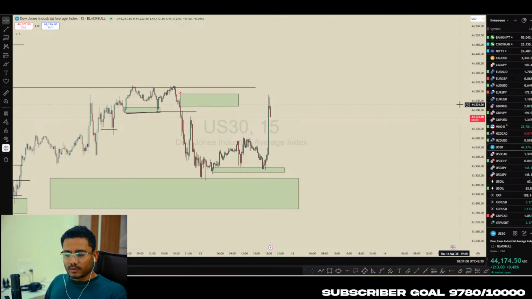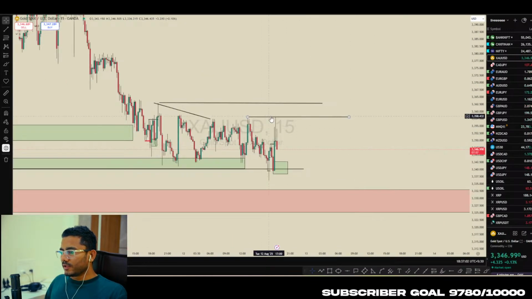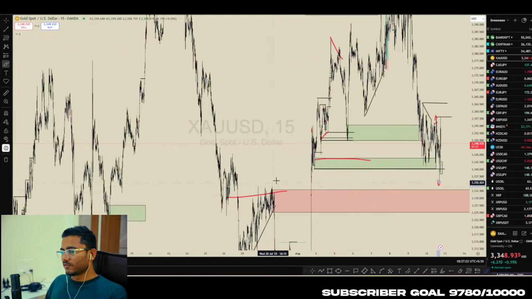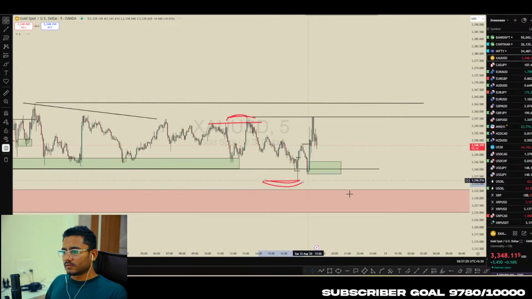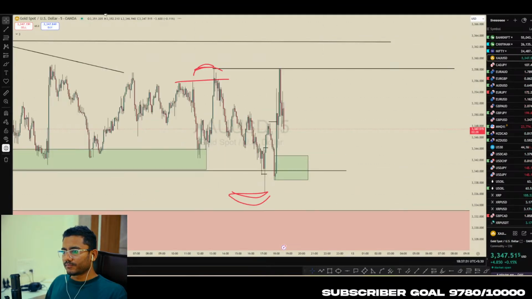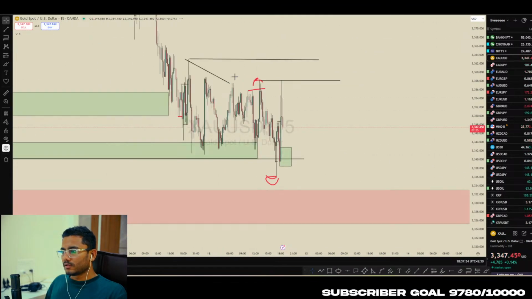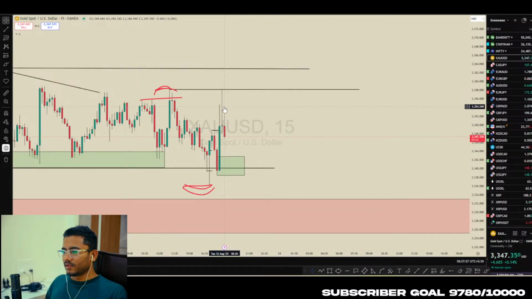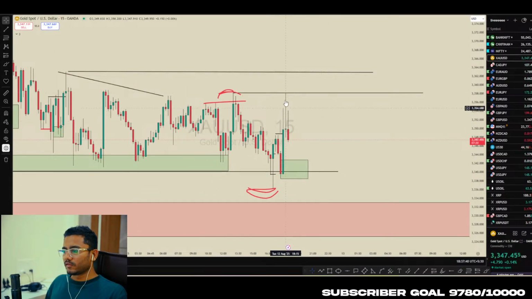Gold grabbed liquidity on 1 minute on the buy side. Yeah, we want price to break the structure, then only will we consider this entry valid. But you can take a small risk, though it will be risky. So we'll wait, because if we try to understand here, this is our strong lower high, and this low is to cut the liquidity from the left side too. So we can take a small risk, but this is still not a valid setup. It can work, but let's see. And here we have this 3 weeks. It's showing that there is still some pressure to the downside.